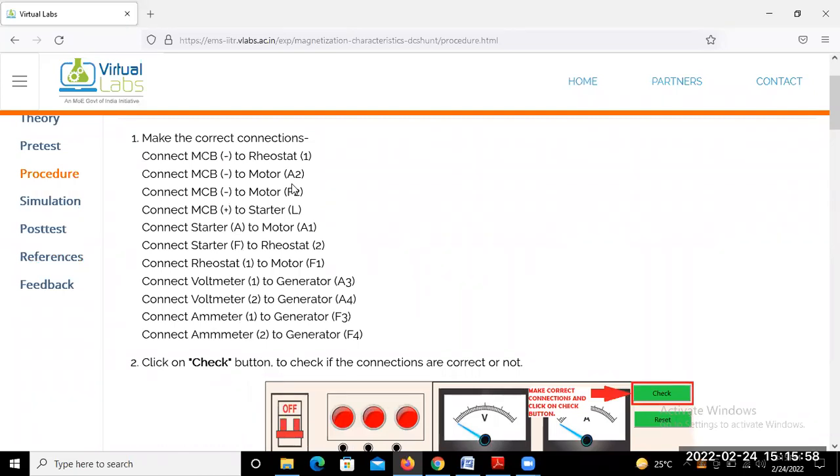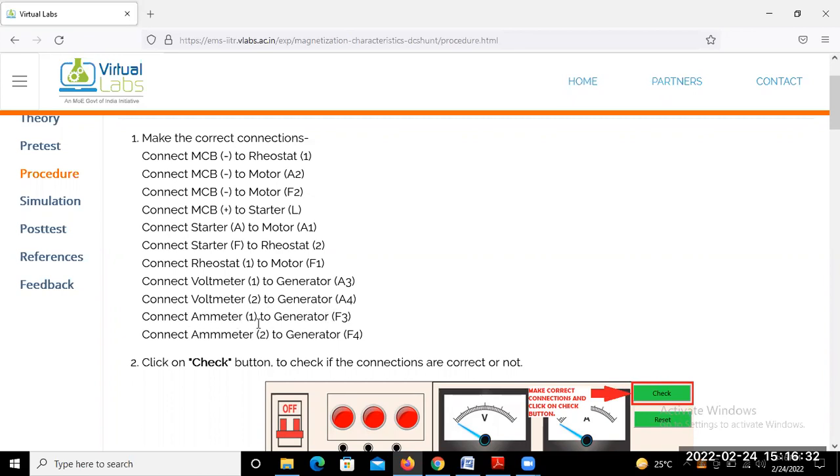So motor A2 and MCB negative to motor field F2, and connect MCB positive to the starter L, point L, and connect starter A to motor armature coil A1, and connect starter F to rheostat F2, and connect rheostat 1 to motor F1, and connect voltmeter 1 to generator A3, and connect voltmeter 2 to generator A4,